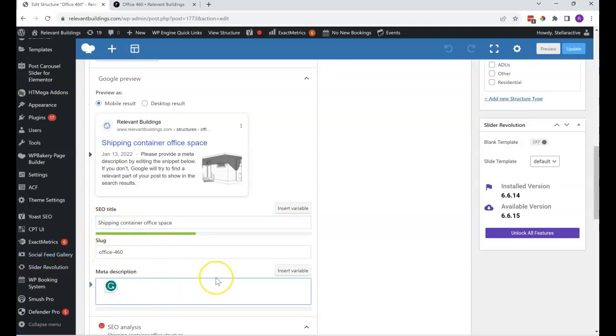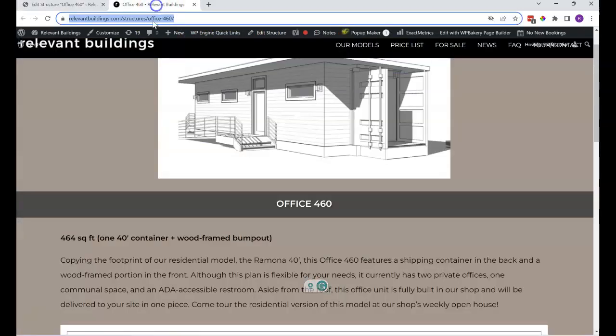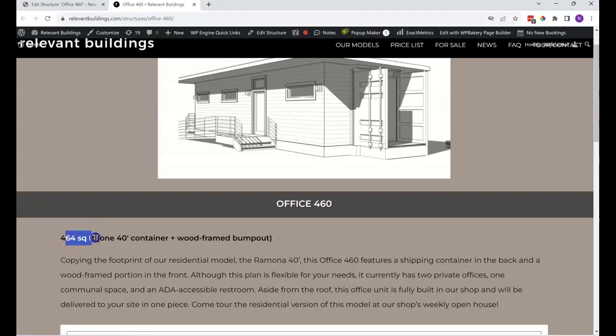Now for the meta description, that can be longer and include more information. We're still going to want to include those items, but this should be more of a sentence style, and it's going to include some of the extra details like the square footage, if you want to include that it's a 40-foot container, that it's this wood-framed bump out, ADA accessible restroom, etc. You don't want it to be too long. The whole purpose of this is that